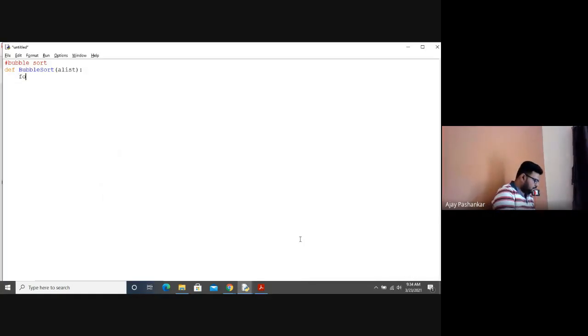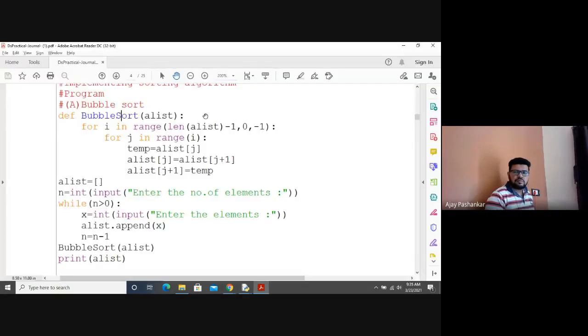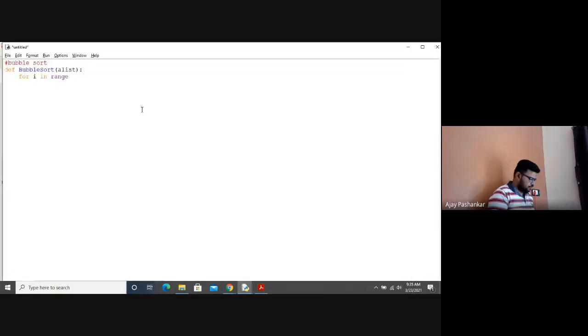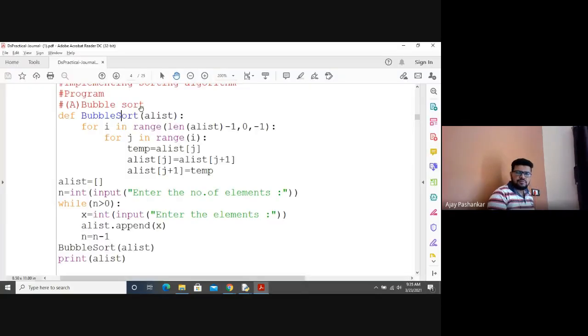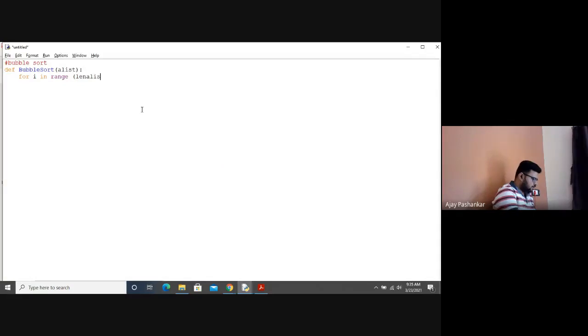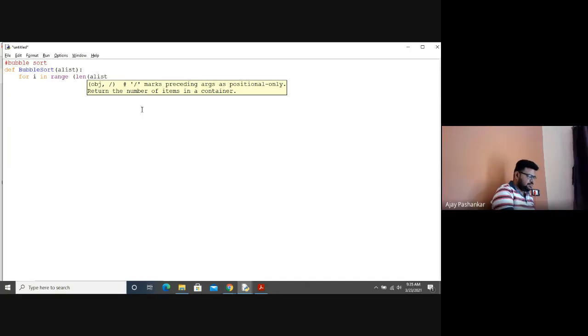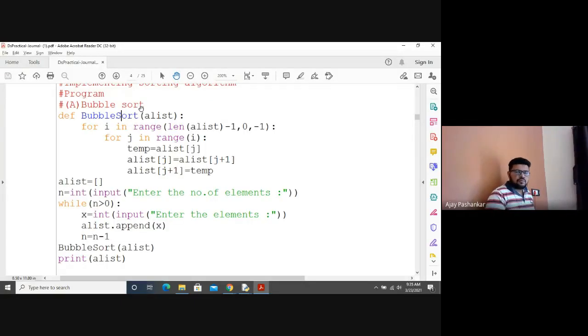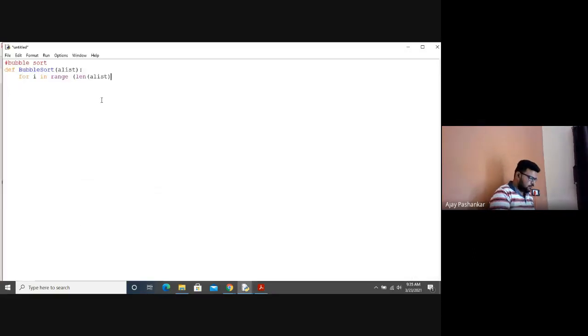So for I in range length, we have to specify the length of a list. In this case, we are having a list -1, comma 0, comma -1.